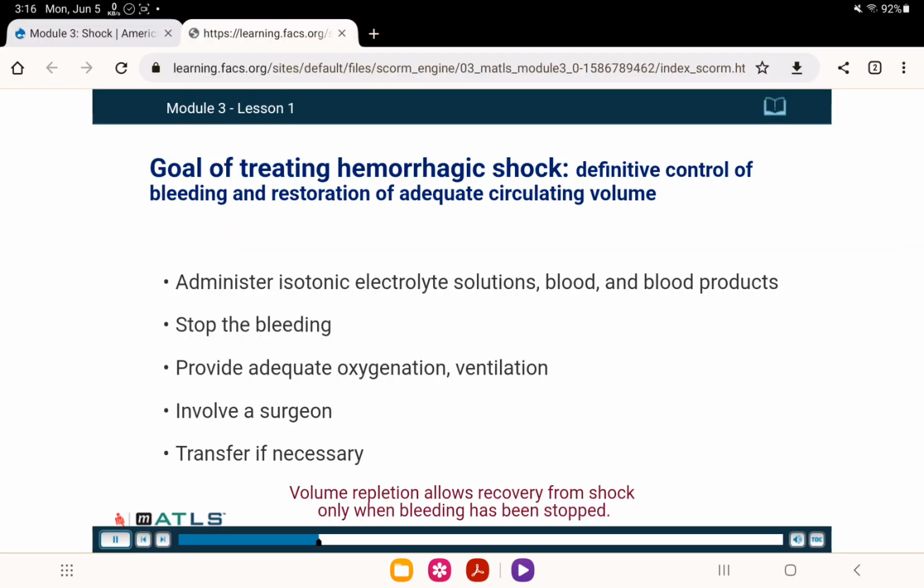Method of restoring adequate cardiac output, end organ perfusion, and tissue oxygenation is to restore venous return to normal by locating and stopping the source of bleeding and restoring adequate circulating volume. Most injured patients who are in hemorrhagic shock require early surgical intervention or angioembolization to reverse the shock state. Therefore, the presence of shock in a trauma patient warrants the